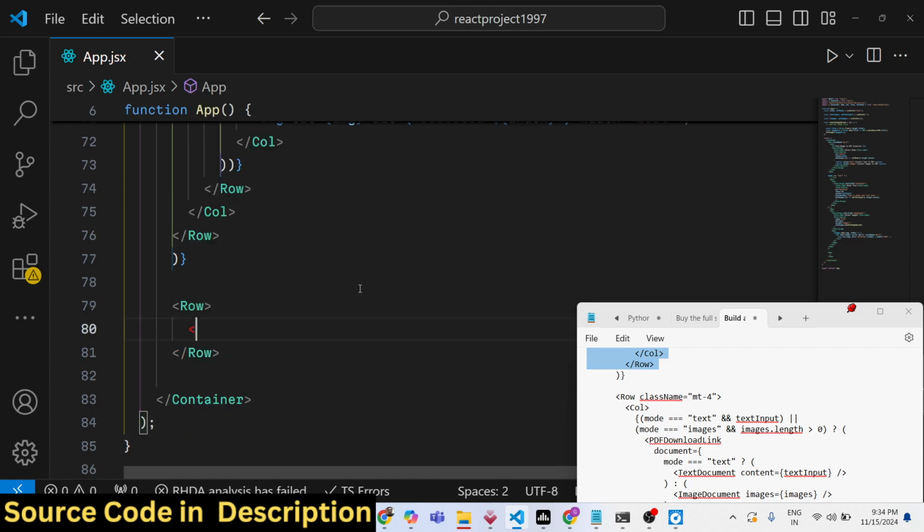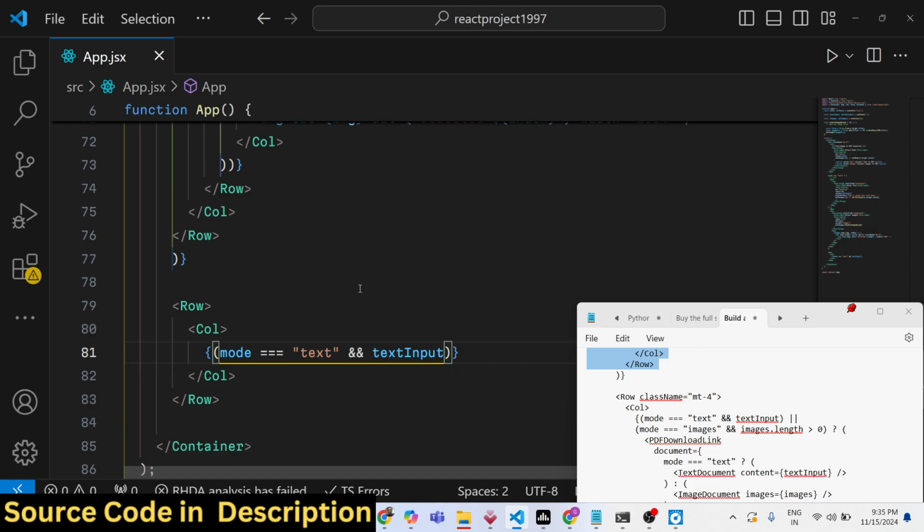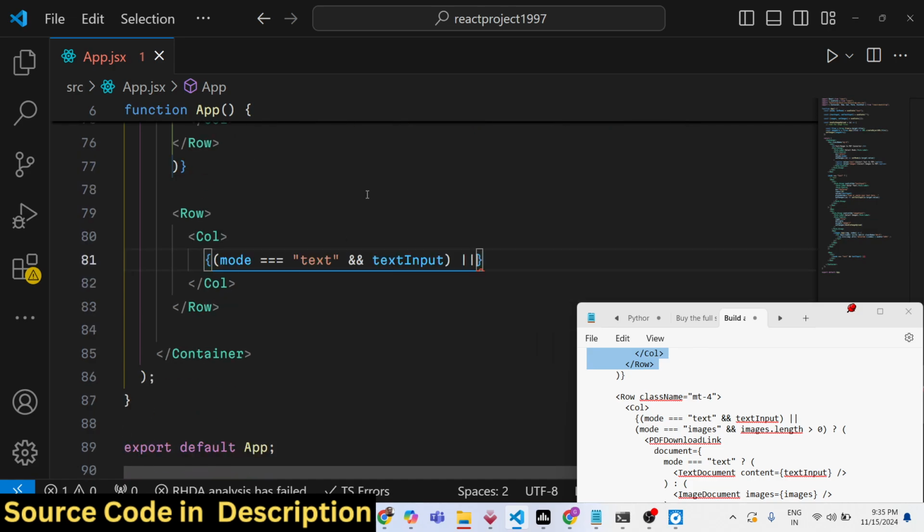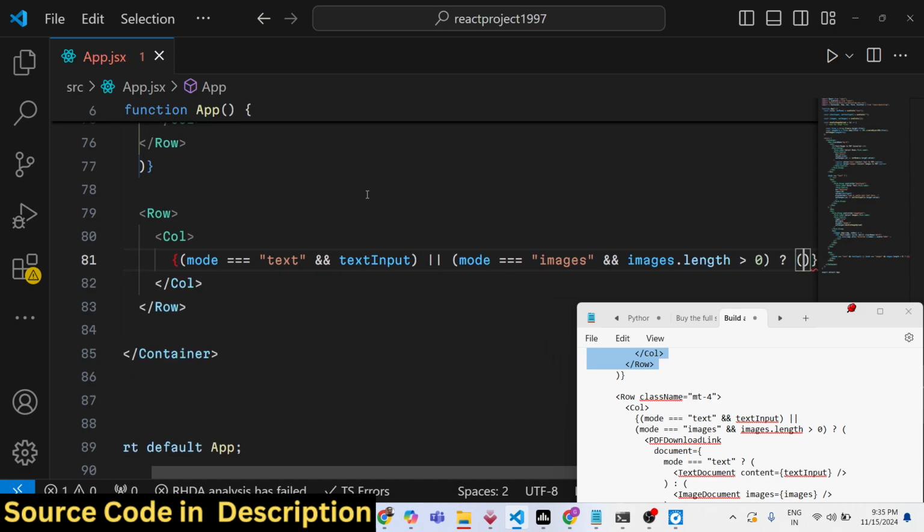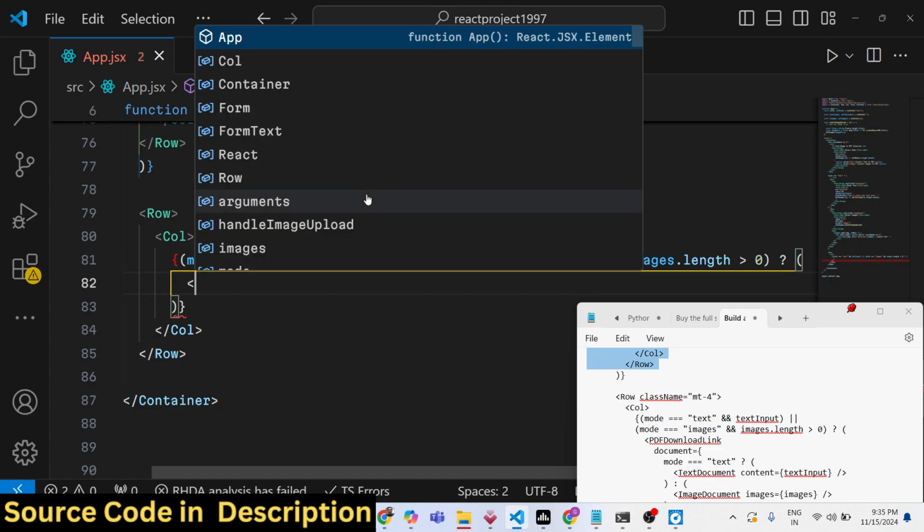So row, column, and here we'll be comparing inside curly bracket if the value of mode again is equal to text and the text input, or we will have an or operator in either of these cases. If the mode is equal to images and the images length is greater than 0, in either of these cases we again will use the ternary operator. We will basically show the download button,